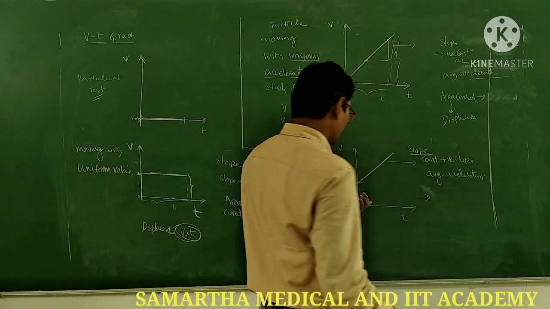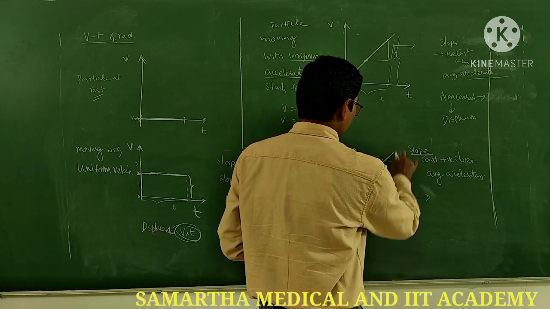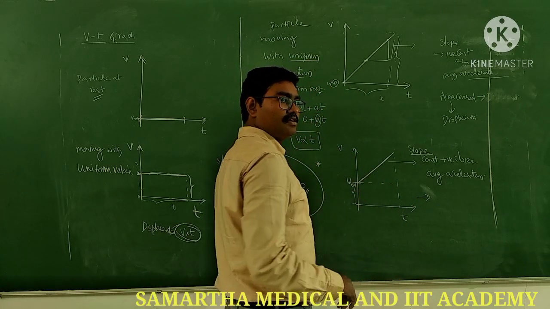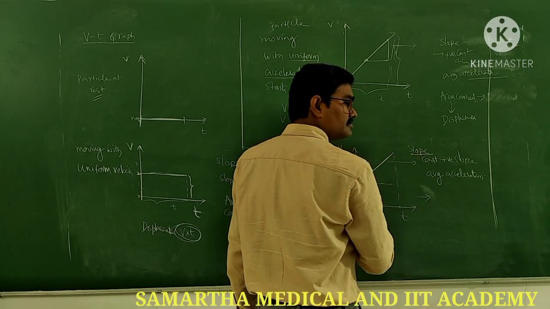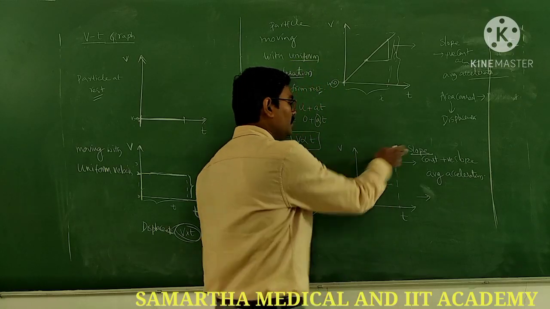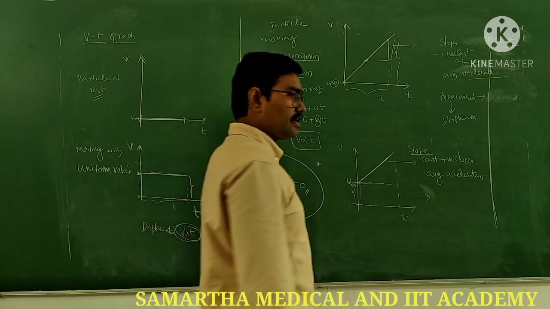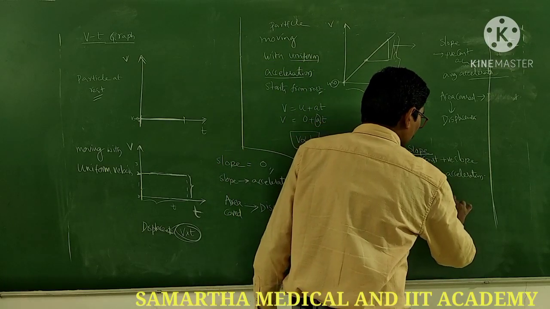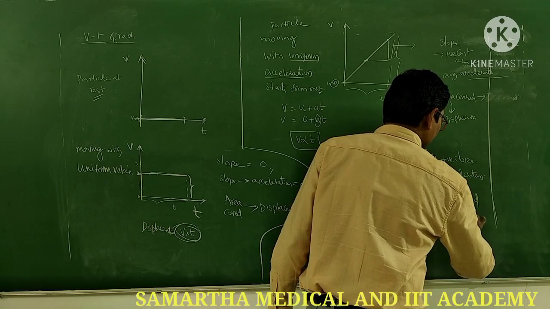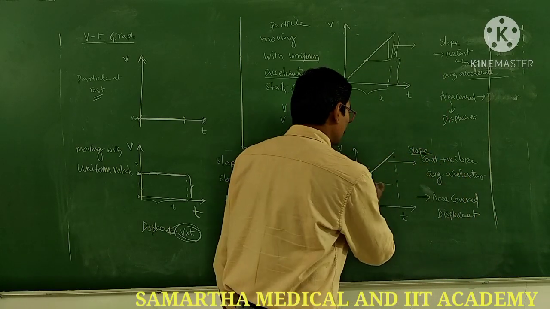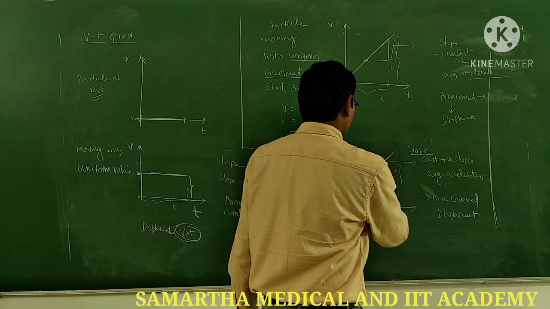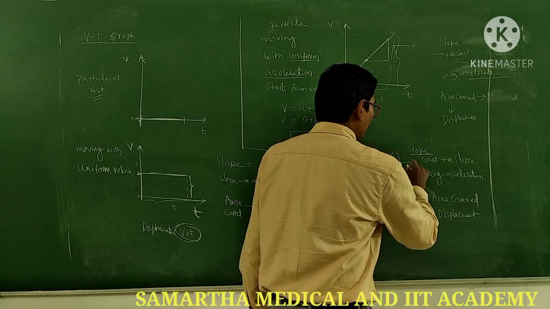Next, another one. What can we say about the area covered? How does the area look? There are two parts. This is a triangle and this is a rectangle. Area covered for this plus area covered for this, these two you add to get the total area covered. Okay? So area covered gives you what? Displacement. So how will you calculate? Suppose this is u and this is v. What does this give? The v minus u value.